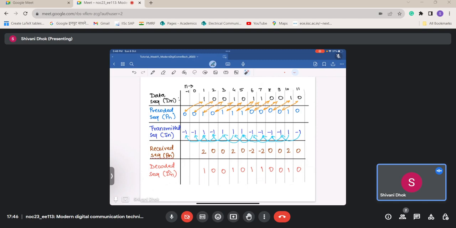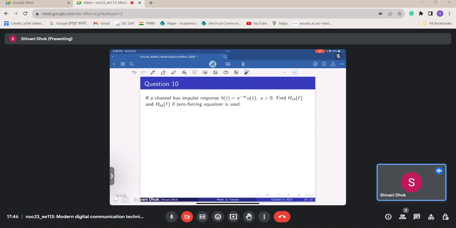Okay, if there are no questions, then let us move ahead with the last question that I had planned to cover today. This question is based on your zero forcing equalizer. It says, if a channel has an impulse response h(t) equal to e^(-at) u(t) for a greater than 0, we need to find Hch(f). So this Hch(f) is the transfer function or the frequency response for your channel,